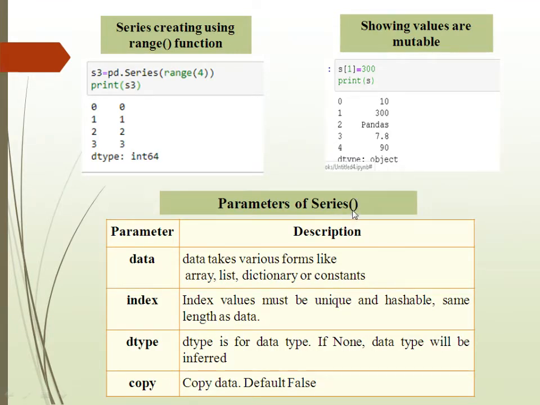So here are some parameters of series which we give in the brackets. Parameters are those things which we give in the brackets. So Series is a function and its parameters are, first one is data, as I had given here. This is data, meaning range is used for displaying the data. Second one is index. We can change the index numbers with the help of this parameter index. Dtype, it is going to show us the dtype. Then copy, we can copy one list into another by using this copy parameter. Just have a look.